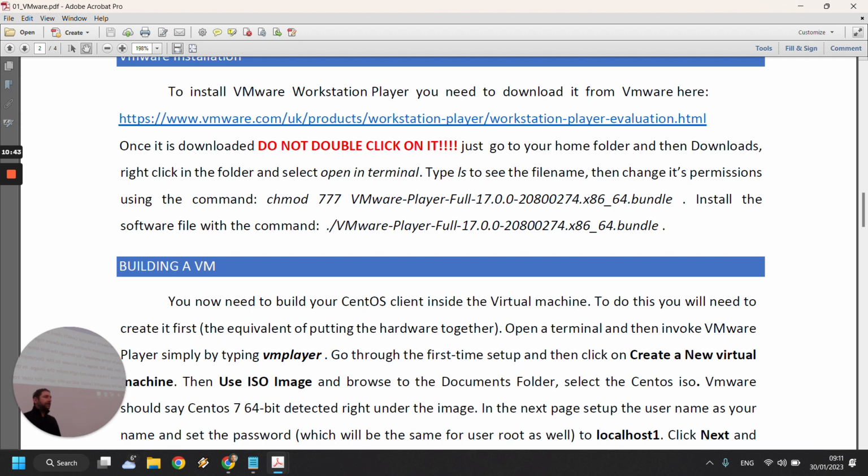./VMware workstation player, and so on, which is the last command in here. The bundle is pretty much a script. To run scripts in Linux, the easiest and quickest way is to type ./ and then the name of the thing. Now once that is installed,